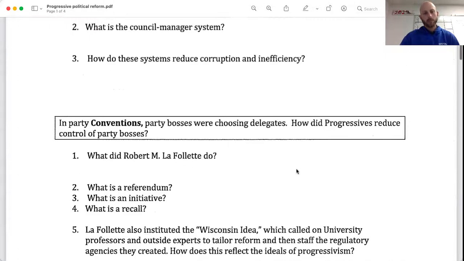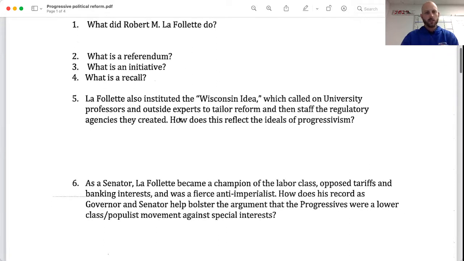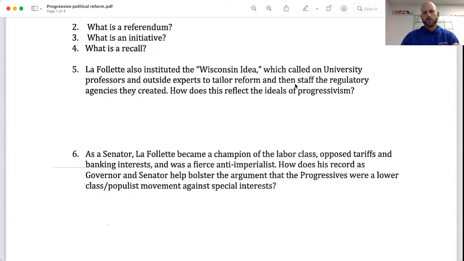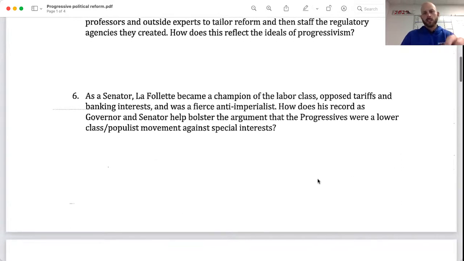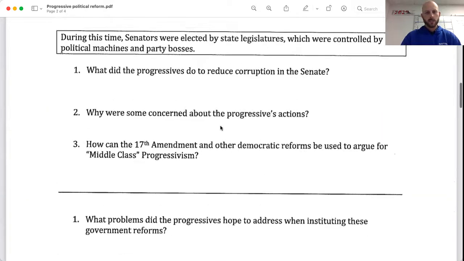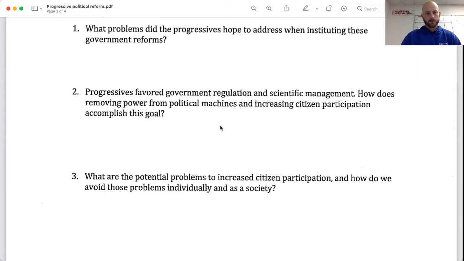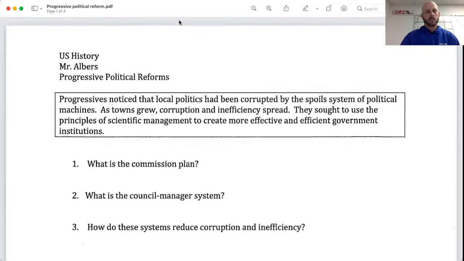Okay. So anyway, the questions that you have to answer, students, you'll see them in those readings there, right? Hopefully I've covered it, but how does this reflect the ideas of progressivism? We're using scientific management and expert control. Okay. Hopefully you can understand how these things are arguing for different views of progressivism. Okay. In general, some questions for you to just kind of think about and do the readings with those.